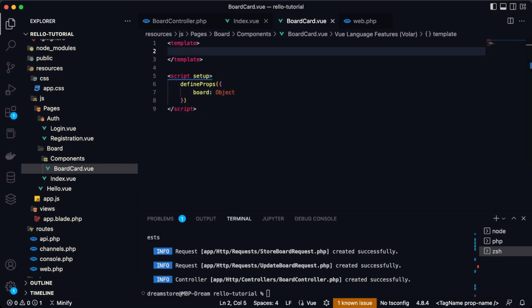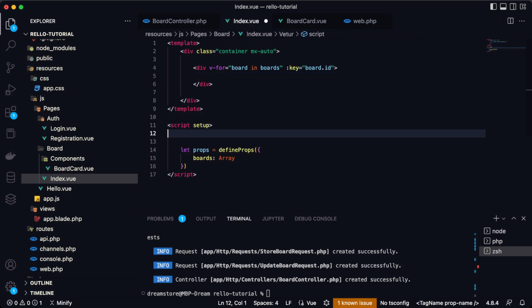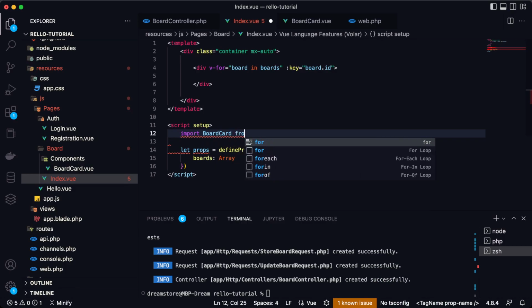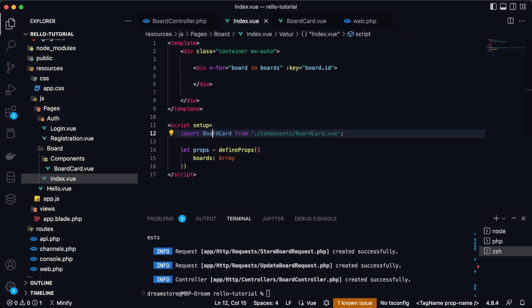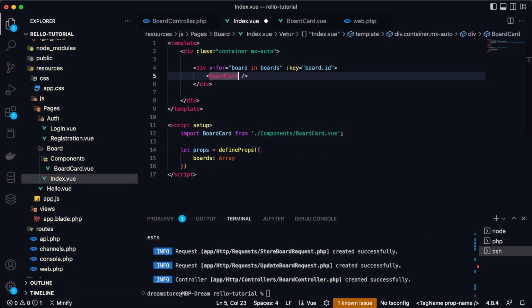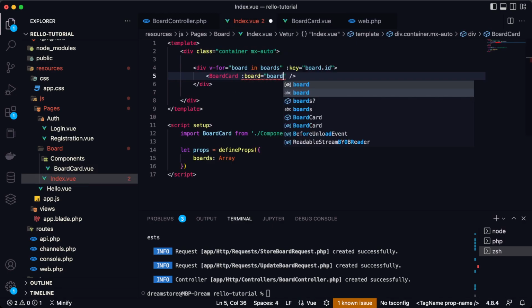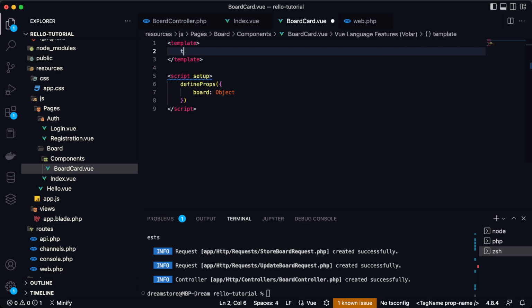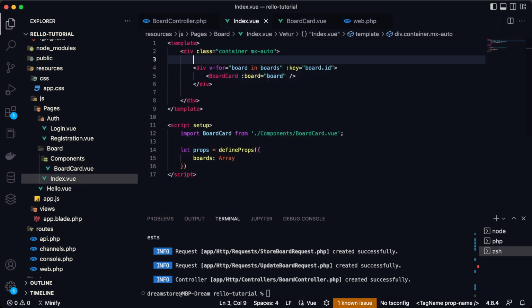And we can also import this component here. So let's type here board card from that components board card view. And now let's pass this board card here, and we can type that we bind board. So now let's define value of the board props that we created here, so it will be equal to board. Okay, now we can type here test, for example, and also we can, for example, maybe use here v-if